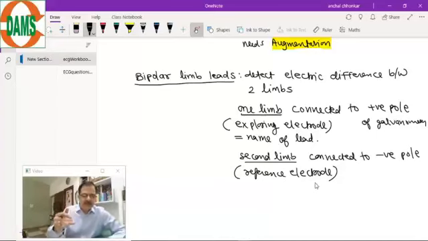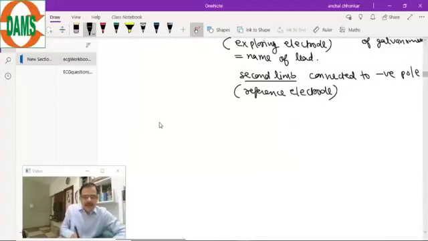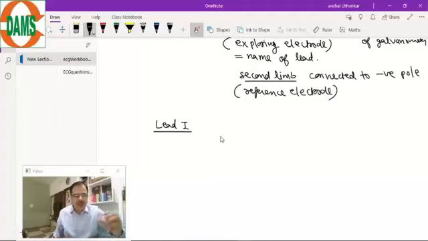Starting with lead 1. So you can write this down in your notes. Now come to the diagram. We will make the diagram in the form of a table. Lead 1. So let's understand lead 1, how it is made, what is the location of this lead, and what are the reference electrode and the exploring electrode limbs. So we will make the diagram of lead 1. We'll make a vertical plane of the heart. So this is the vertical plane of the heart.